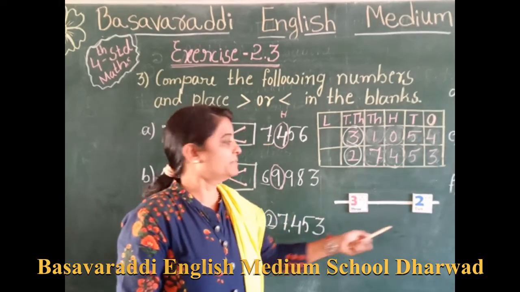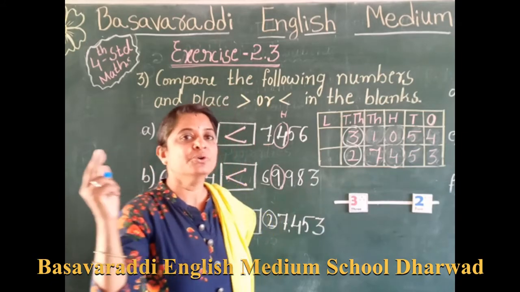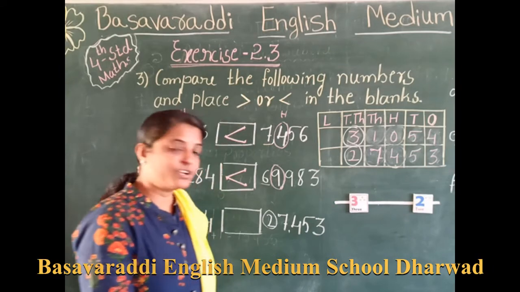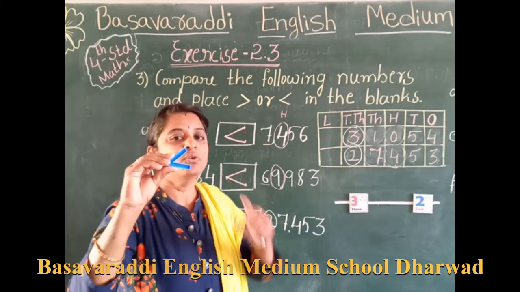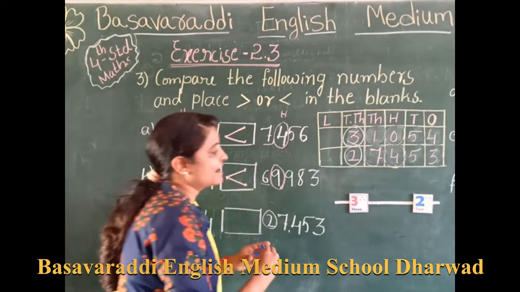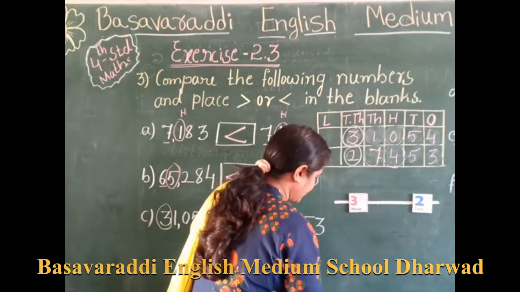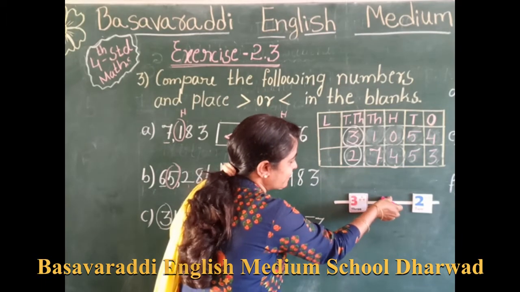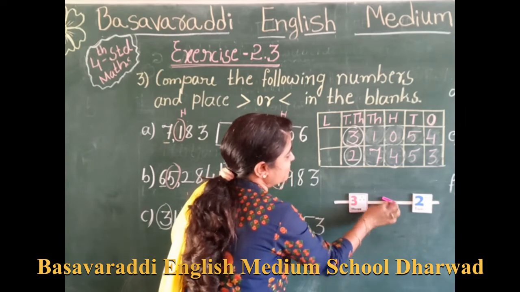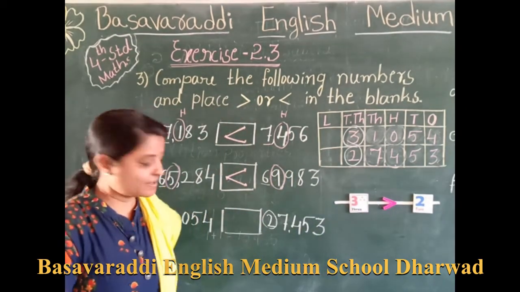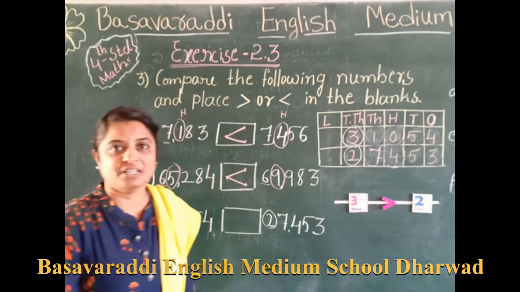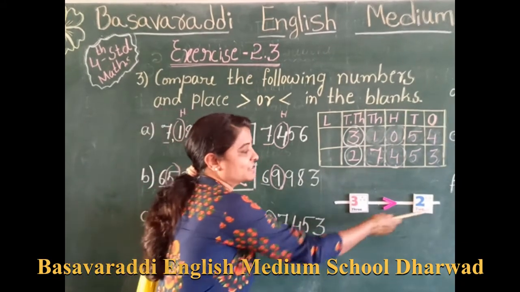3 is big. To compare 2, we have 1, 2; after 2 we have a 3. That's why 3 is a big number. Then what I told? Always we have to give this open mouth to the big number. Remember that one only. Now our 3 is the big number, then put this open mouth to 3. Now read the number. 3 is bigger than 2.